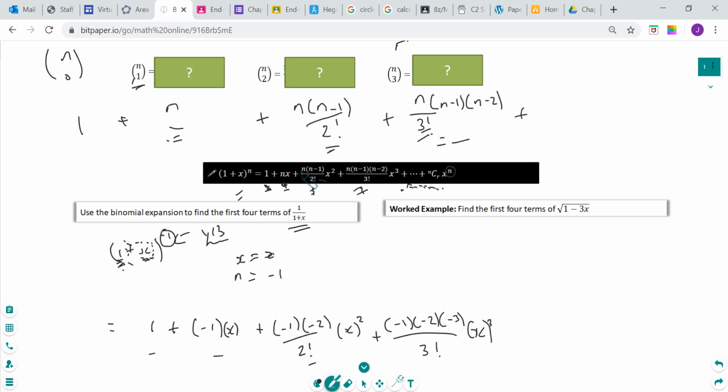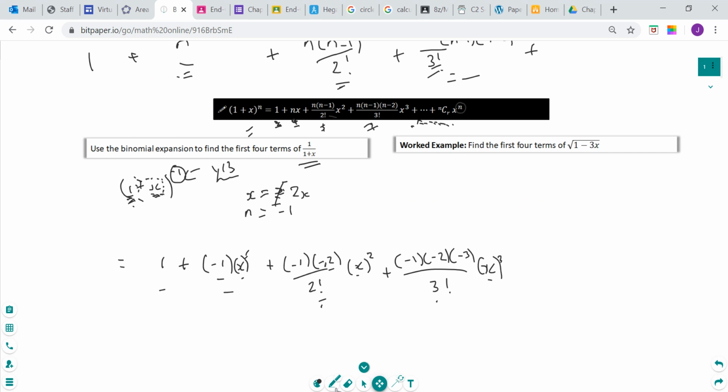You use this expansion each time, you write it out, you substitute in your n's and then hence your n minus 1s and so on. You're careful with the factorials, and the x, you put the x in a bracket, okay? Because sometimes this x will not be an x. Sometimes the x will be like 2x. So everywhere you see an x here, you would have to put in 2x. Or sometimes it would be minus 2x. So you'd put minus 2x in all these brackets. If you learn this way of doing it, by putting it in the brackets, you won't make mistakes, which loads of people do. After that, we need to simplify, don't we? So 1 plus